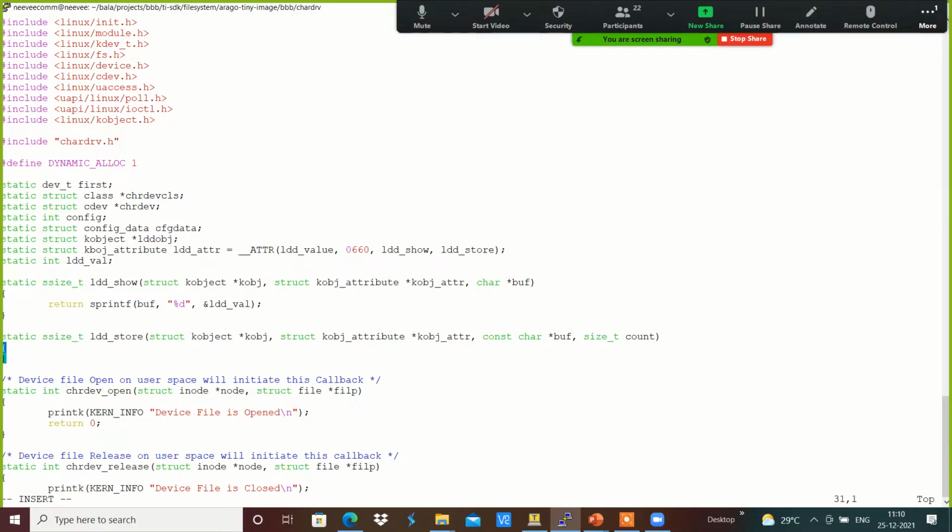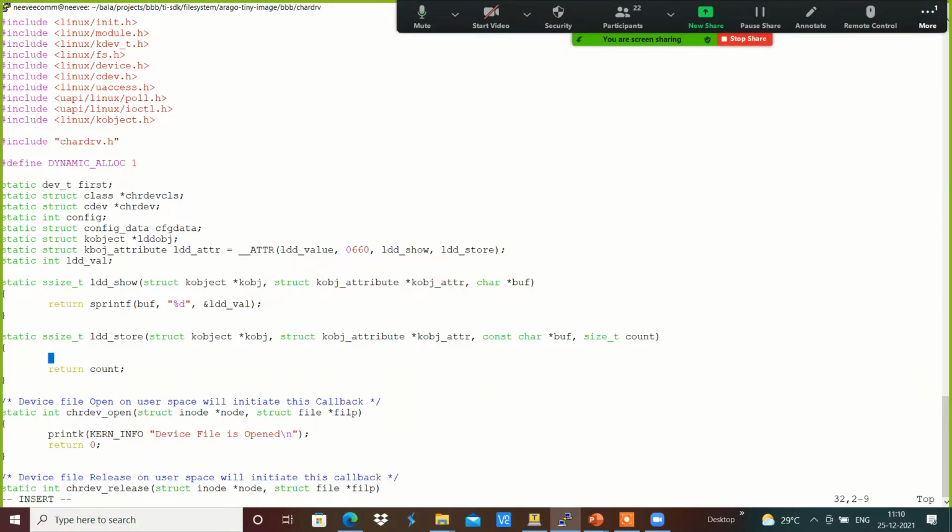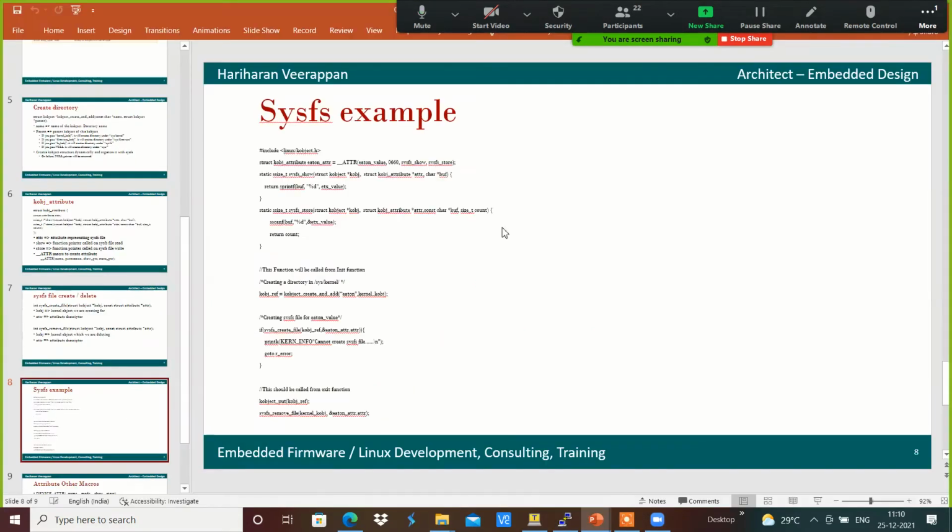Return count. I am going to return the count because whatever store information we have consumed, all the store information, all the write information from the user space, has been consumed. For that I am returning count over here, whatever I have received, and inside that I am going to use something like a